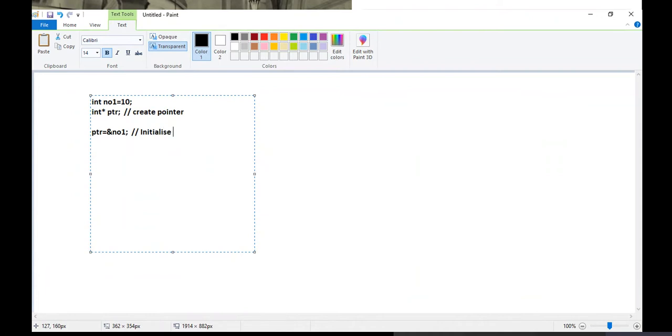Now this can be done in one step, you all know, but still deliberately I'm doing this. So initialize the pointer, then access this value using the pointer. How will you do that? We'll simply write printf, and maybe some message with %d and a comma and something like star ptr. So this is the use of a pointer. Okay, so I guess we already learned this basic related to pointers.